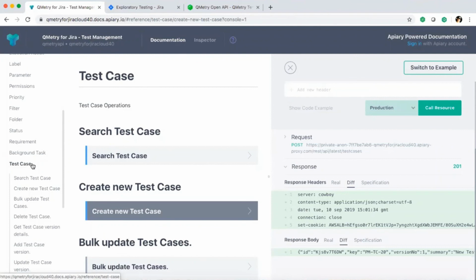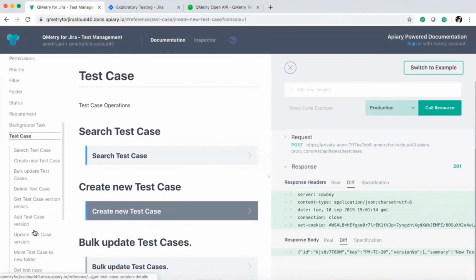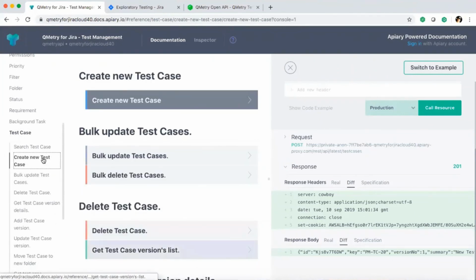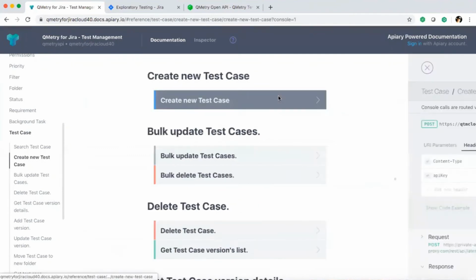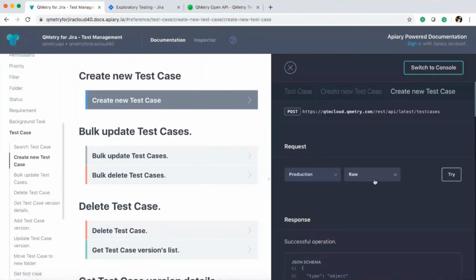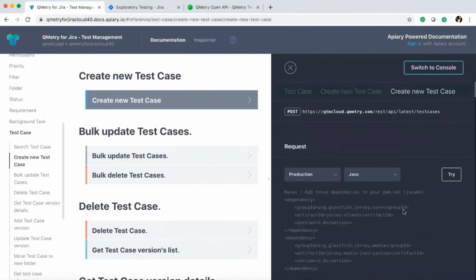For example, if you are looking at creating a test case, you go to the test cases tab, go to the create new test case tab, and once you come to the create new test case tab, let me switch to example. So you would have the code snippet depending on whichever framework you're using. You can select the framework and it will give you a code snippet below. So if you see here, there's my code snippet. And again, it will also act as your